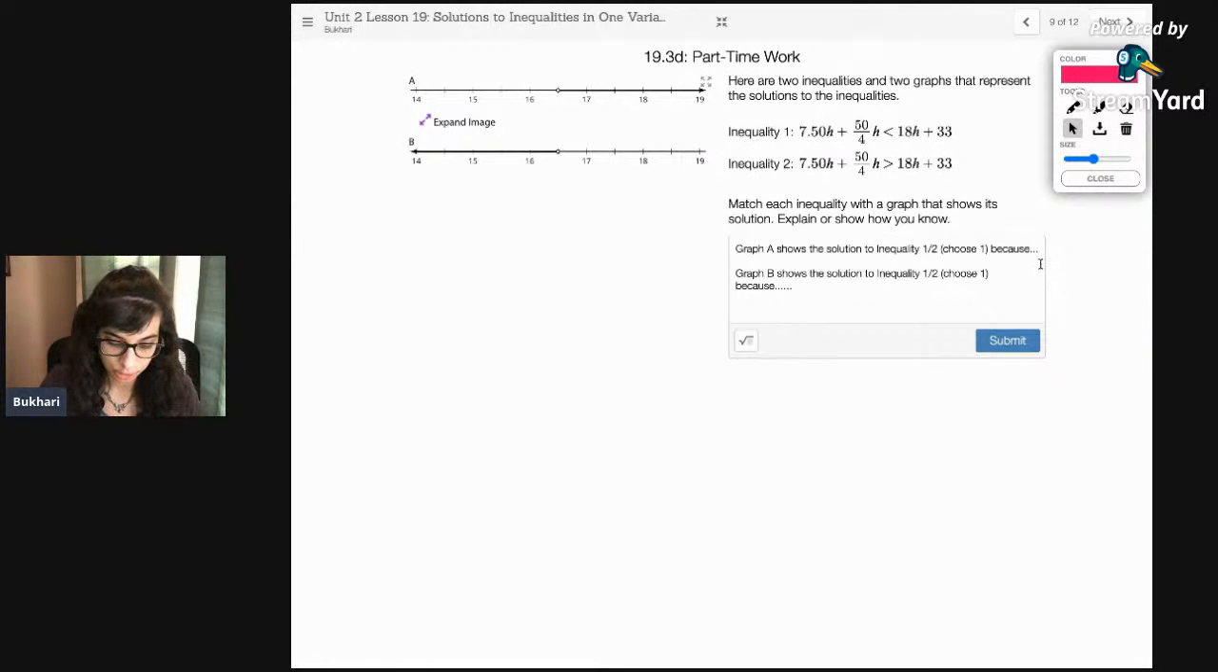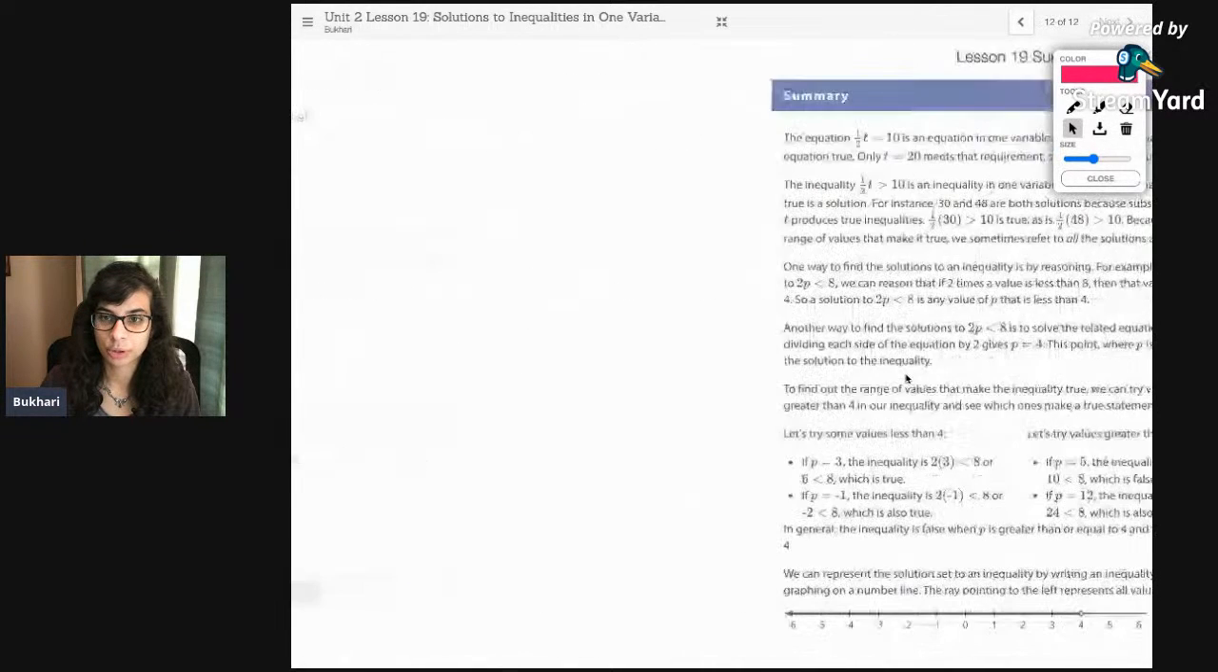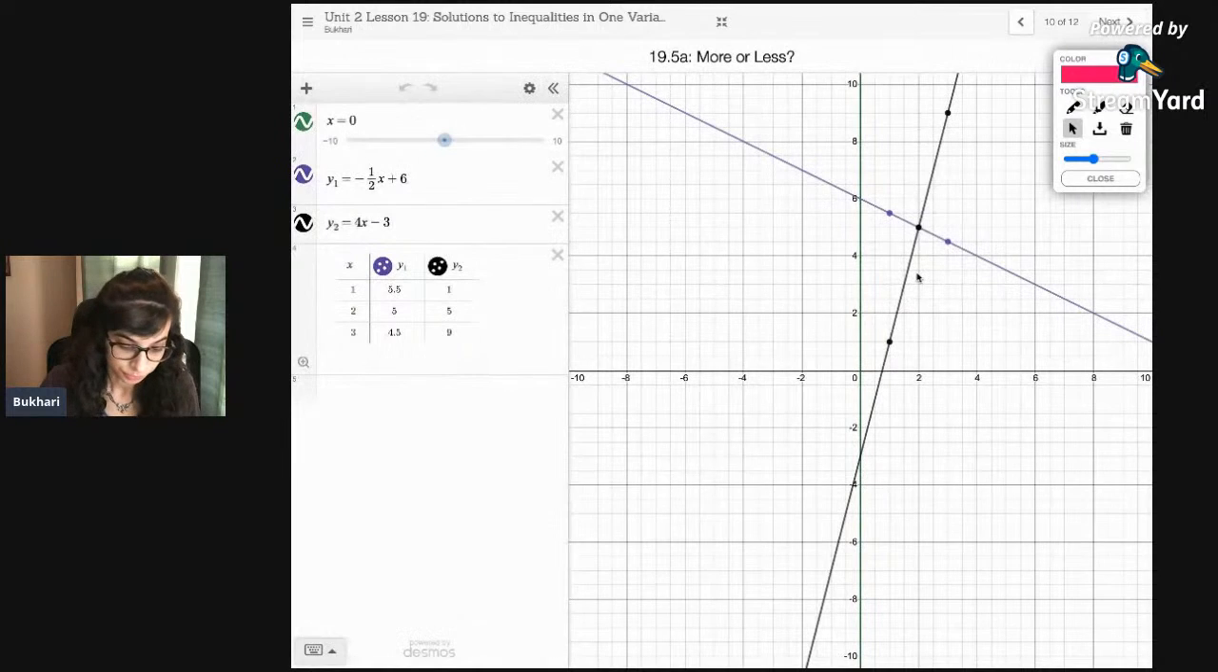And in 19.3D, it is showing you the graph as well and what it represents. The two inequalities represent the solutions to the equation. Which one represents which? Make sure you pay close attention to the less than and equal to sign, less than and greater than sign. And last but not least, with 19.5, you're exploring what it means to have a system of equations,